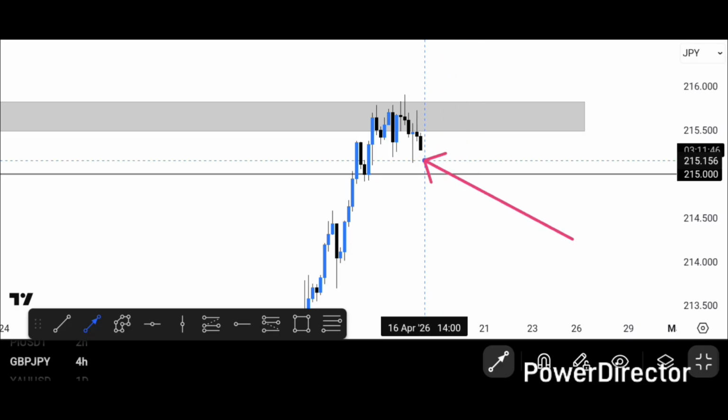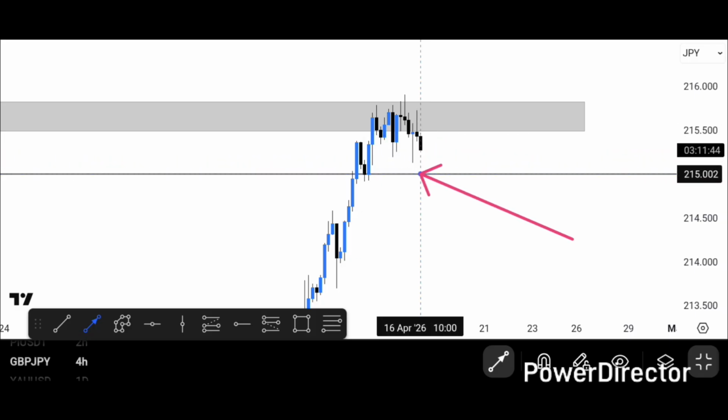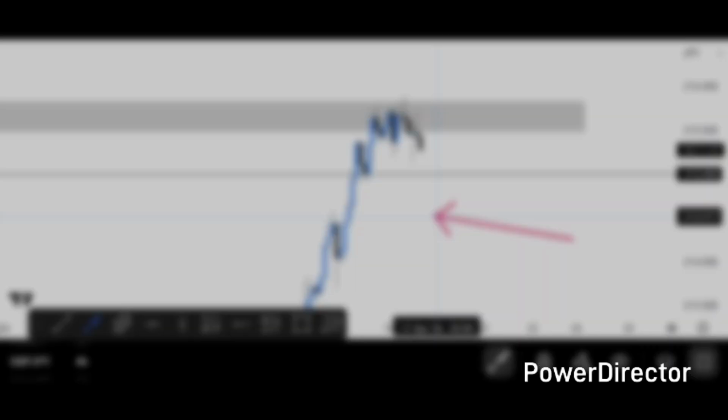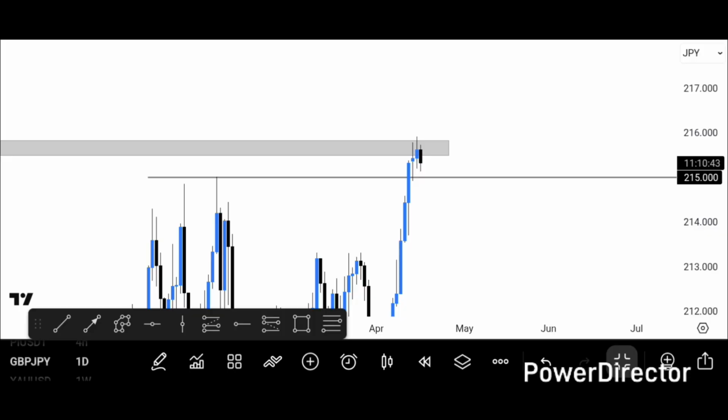But from this zone I see price dropping all the way down to this zone, potentially even lower. So let's just wait and see how price plays out, or what price action we get. But just like I said, overall we are still bullish until we see otherwise. There's nothing bearish. You just wait for a higher low to continue riding the trend. Yeah, that's it. And on gold,